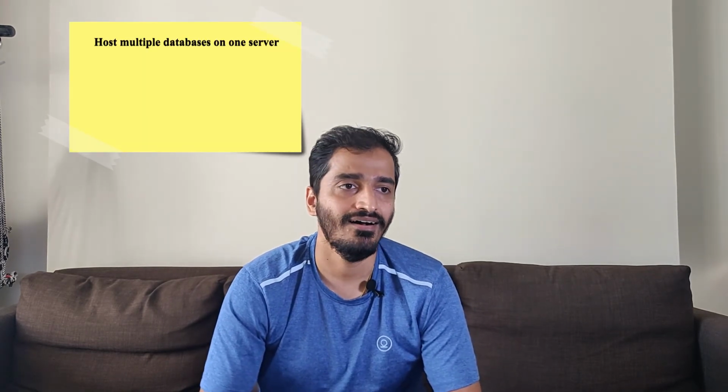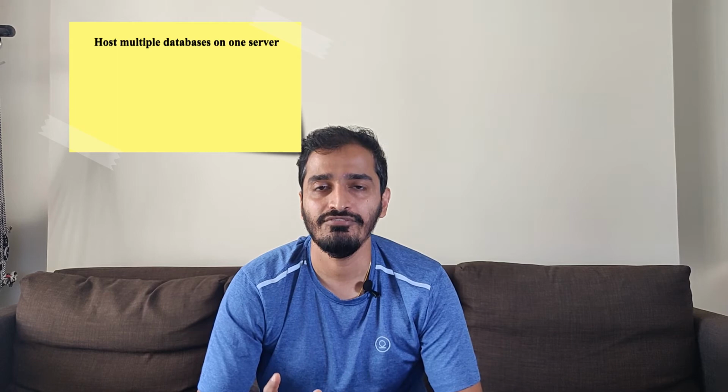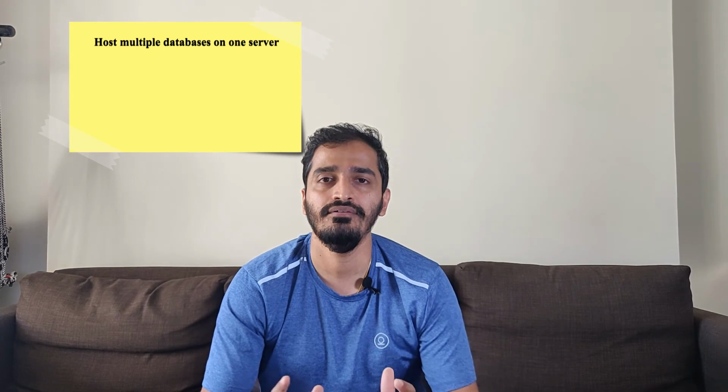Now let's look at the benefits of it. Once you've done it, what are the kind of benefits that you achieve? One is hosting multiple databases on the same server, right? This is one of the technicalities of a cloud infrastructure, but if you are familiar with what kind of an environment is deployed when a specific workload is deployed in the cloud, you will understand that there are databases that are always associated with a specific workload. So with this, you can actually host multiple databases on the same server